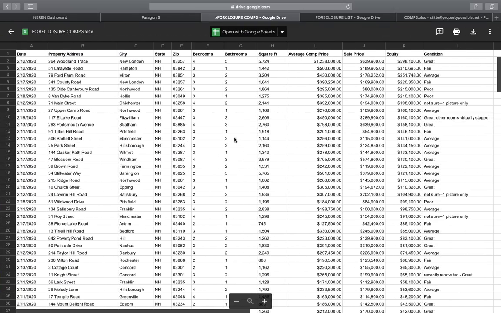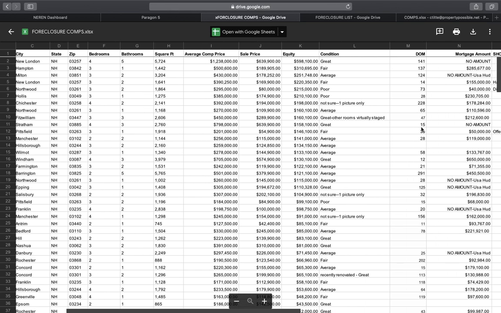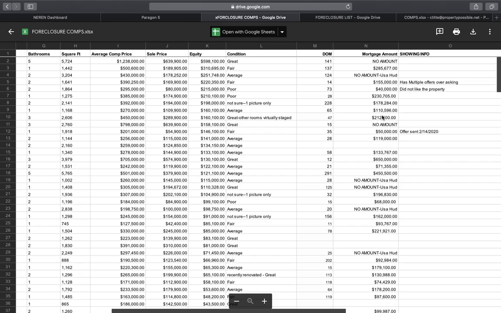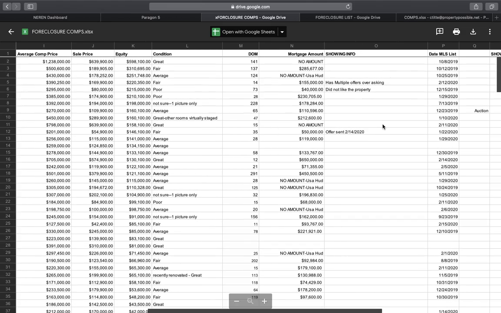So this is what the foreclosure list is going to look like. She's got the address, location, bedrooms, bathrooms, square footage, the average comp price, meaning similar, updated homes in the area, the sale price of the property right now, and the potential equity that we've got in the deal. She's labeled this by most equity out of all the properties. You can see the date that she put this in. We've got the days on market, the mortgage amount, and here is the